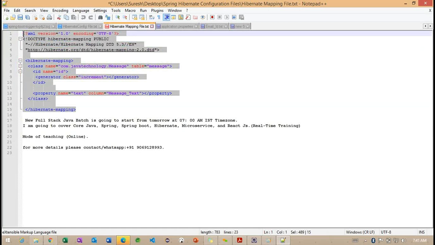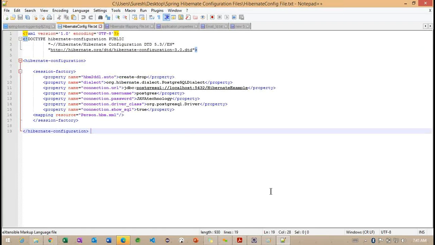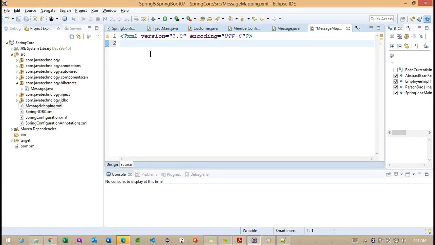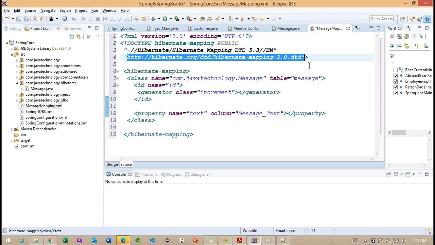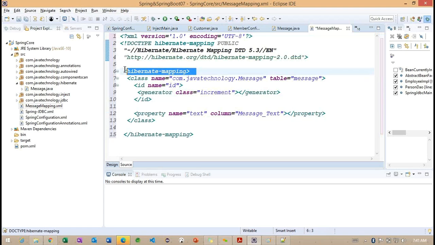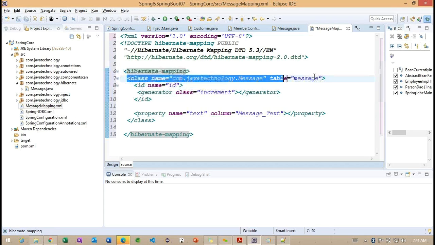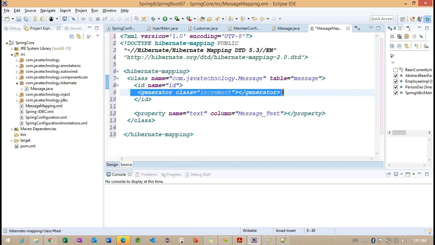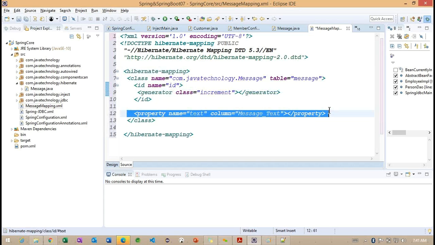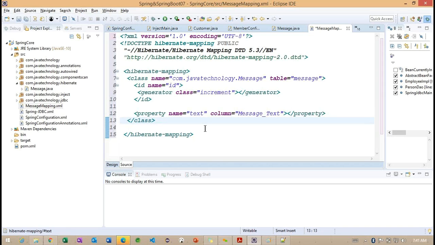So this particular mapping file we need to save. Back to here. So this is a DTD file we need to copy. This DTD file contains the mapping section, class information and ID. The generator, we are going to discuss more in our upcoming classes. Then properties.